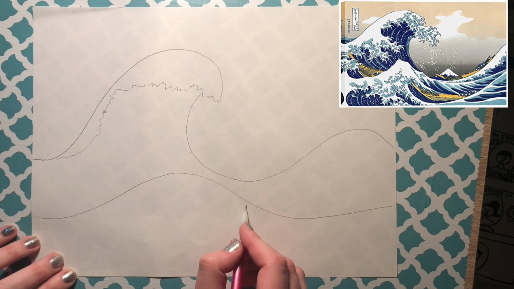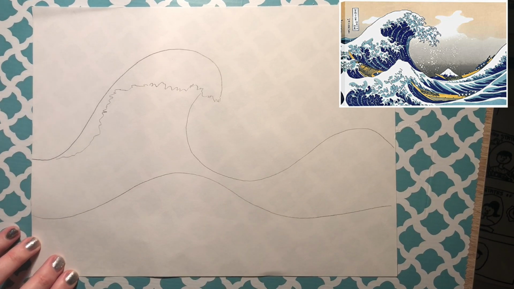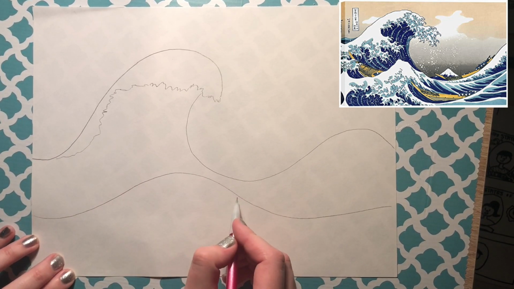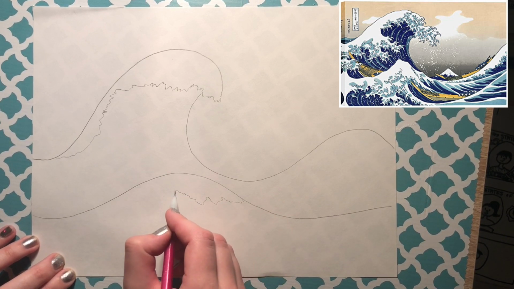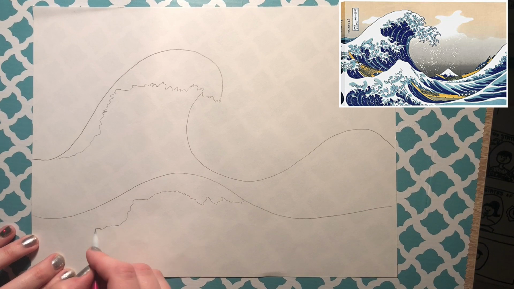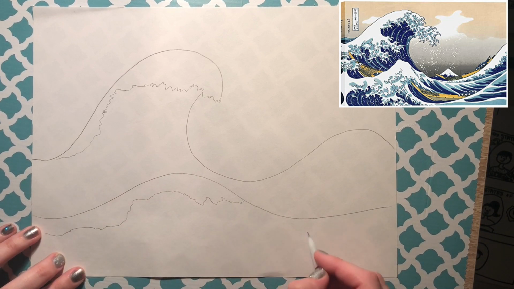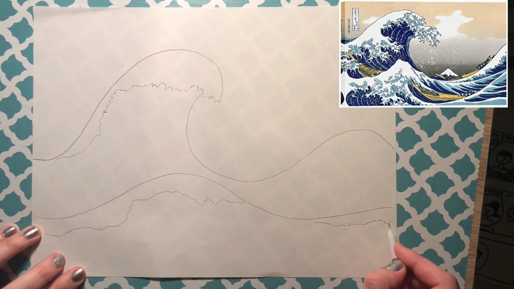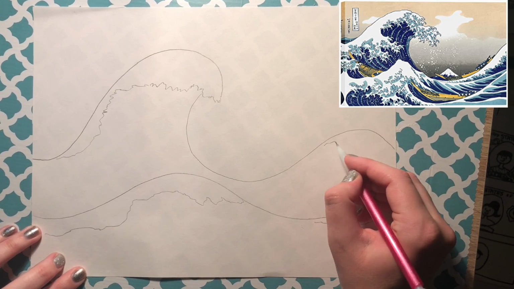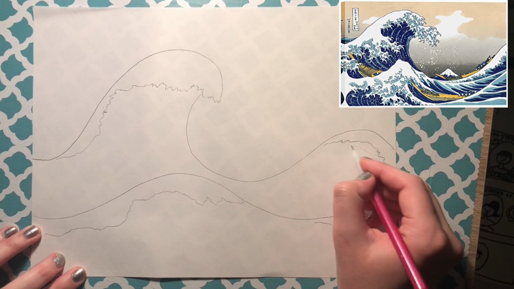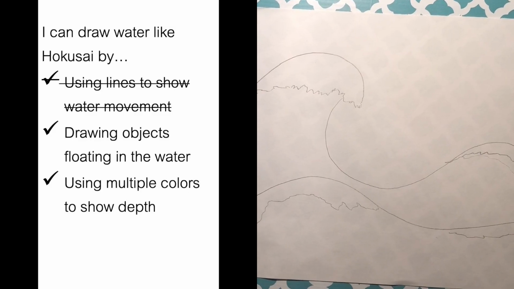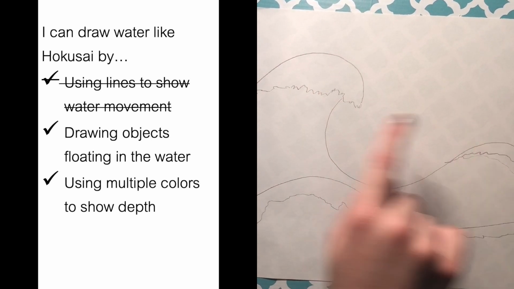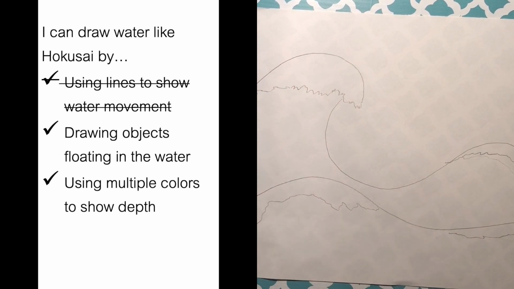And then we're going to do the same idea where we draw some shaky curved lines all around it. And some shaky curved lines over here. And we'll get some shaky curved lines over here as well. Let's check in with our learning target. It looks like we use lines to show water movement. Great job, guys. We use these nice curved lines and these nice little scribbly lines to show that the water